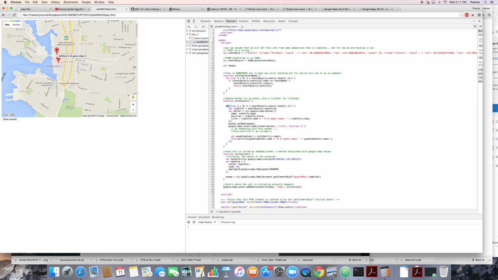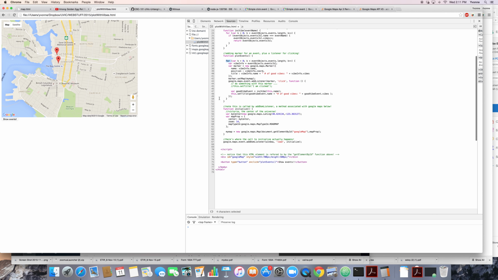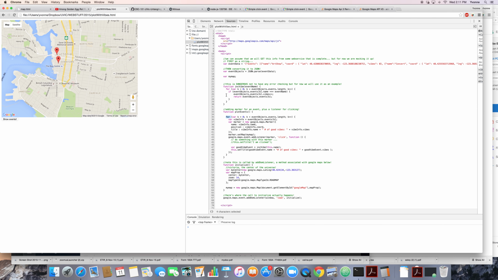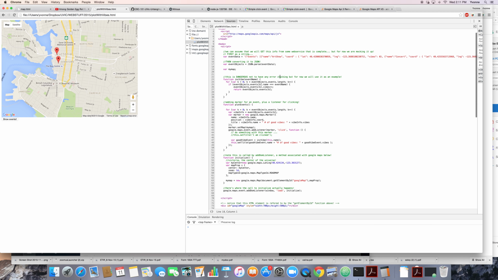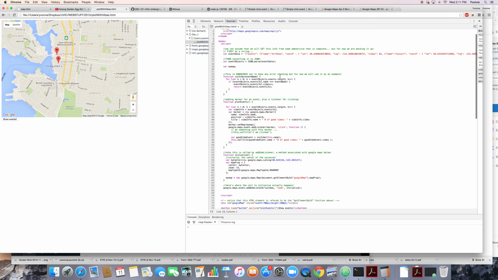I'm sure we could get more creative, but for right now, it's a really simple little program based on the same type of things we were looking at in the previous videos, where we have some data that we're hoping to get from a different source, but for right now, I've just mocked it up, and it has a name, a coordinate, and a vibe count associated with each one. It starts off as a string, and I transform it to JSON so that I'll be able to walk through it in a way that would be consistent with how it might arrive if I were to get it from a